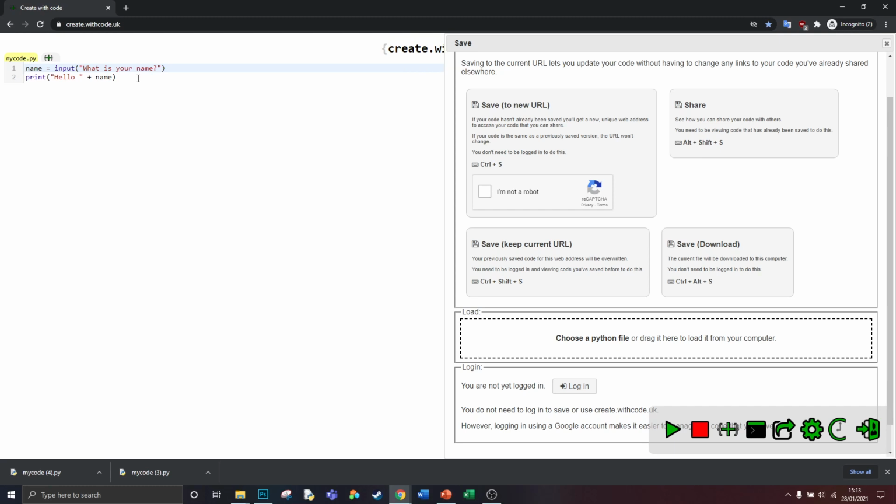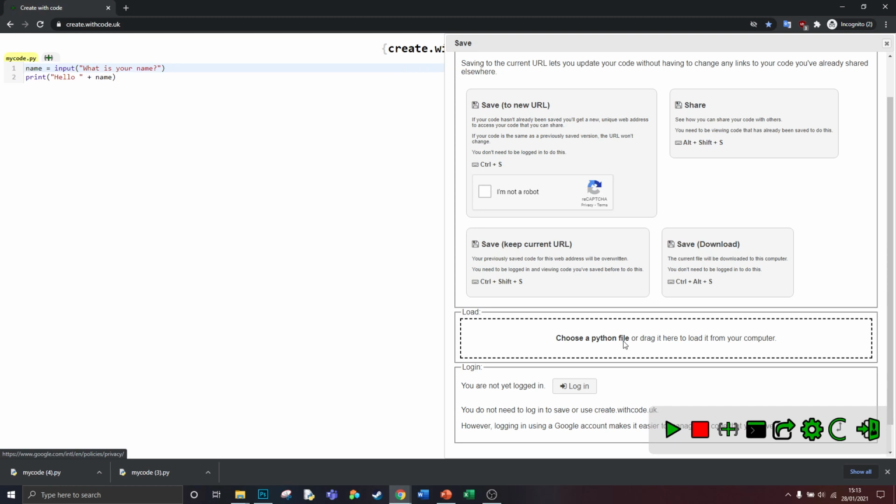So you might want to make use of these 2 features. Firstly, to save your work, because we will be asking you to upload your code onto Teams so we can monitor the work you've been doing and give you feedback on how your program's going. Secondly, loading your code. Again, you'll want to save your code and load it for the next lesson's work, and